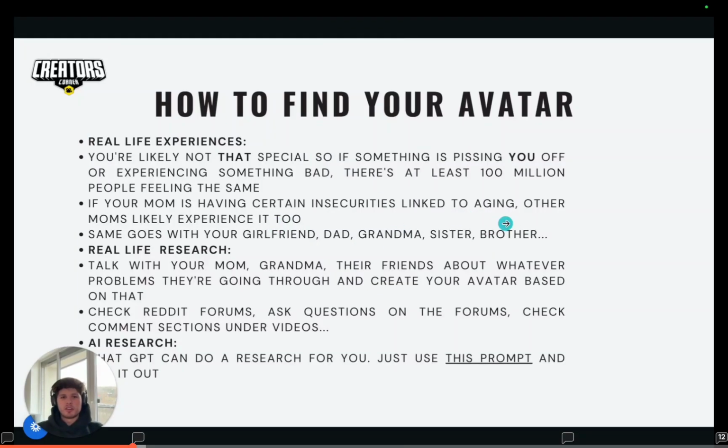Let's say that you're a girl and your brother is maybe 17 or 18 years old, and he starts going to the gym. All of a sudden he starts eating very clean and eating a lot of protein. Well, there is a very high probability that he's insecure about how he looks and wants to gain some muscle. That means that, let's say you are promoting some supplement that's supposed to help with muscle growth, let's say creatine, or it can be whatever else.